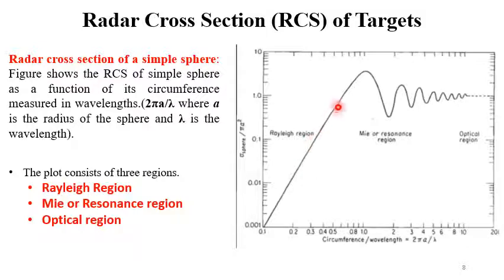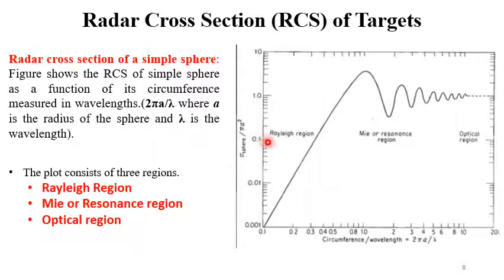increases, right? And then suddenly cross section tries to decrease and then again increase, so it is kind of oscillatory in nature. And finally, when lambda is small enough, that means frequency is large enough, then it becomes almost equal to 1. 1 means sigma sphere divided by pi a square. 1 means sigma sphere is nearly equal to pi a square. That means the radar cross section becomes almost equal to its geometric cross section.